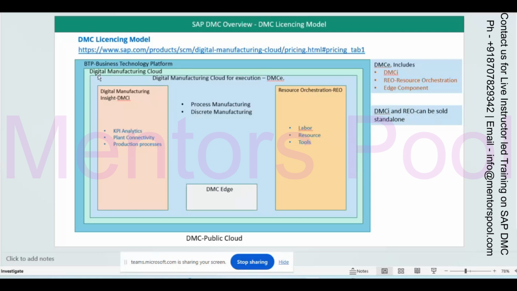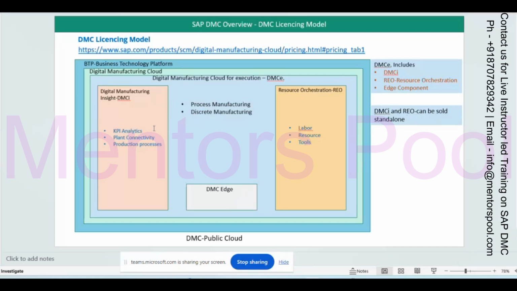The main thing is that there is another difference for SAP ME: it is an existing on-premise solution, and that only works for discrete manufacturing. DMC is used for both process manufacturing as well as discrete manufacturing.